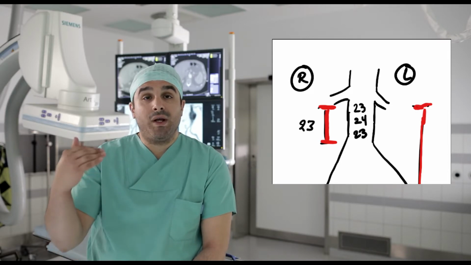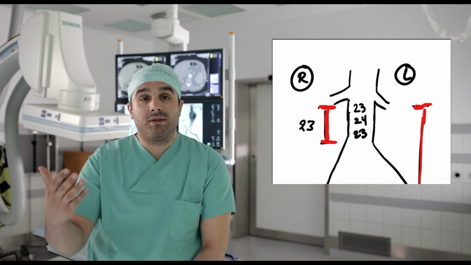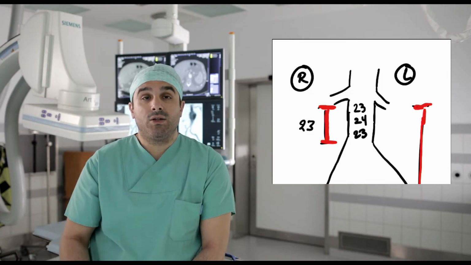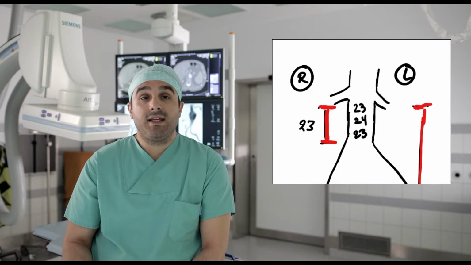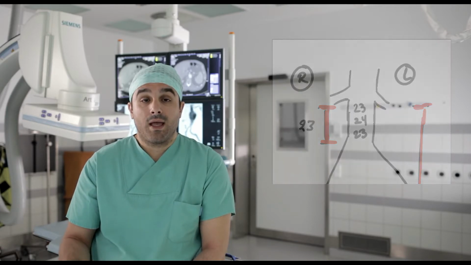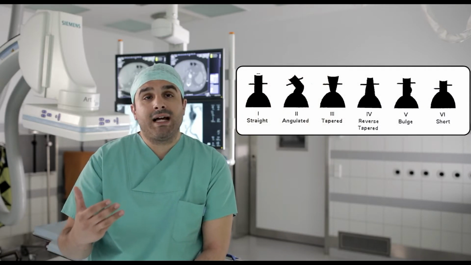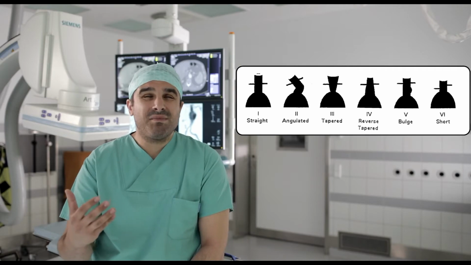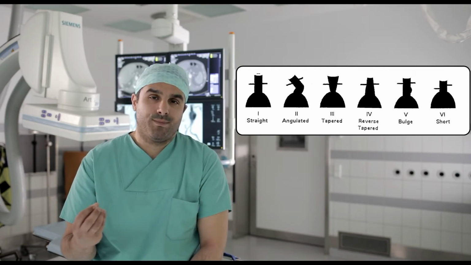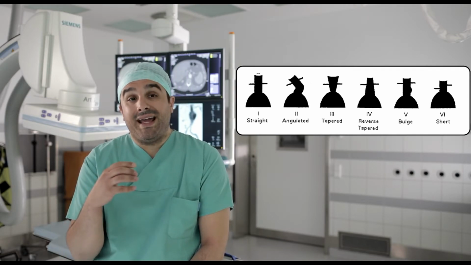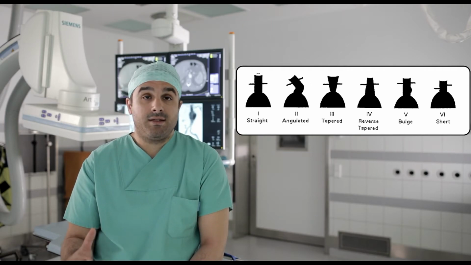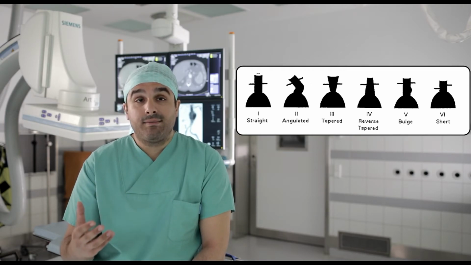You see 23 millimeter very proximal neck, 24 and then again 23. The total length is 23 millimeters. However, based on the diameters and angulations across the neck, you may have different types of proximal necks which may challenge your EVAR procedure. These are a straight neck, like in this case,